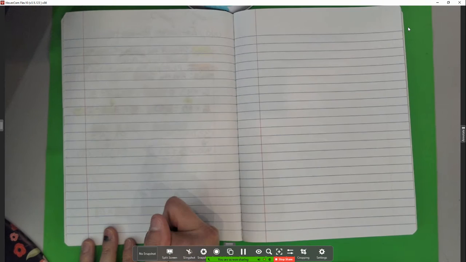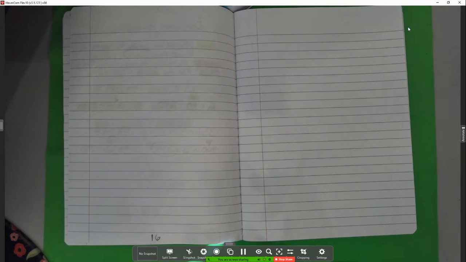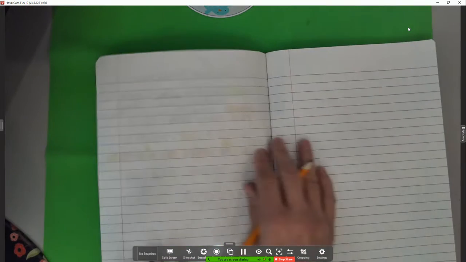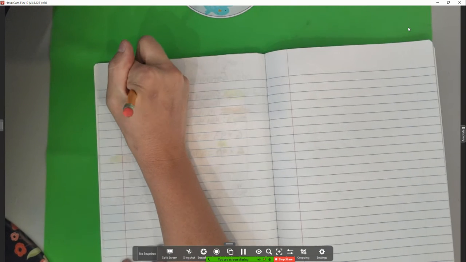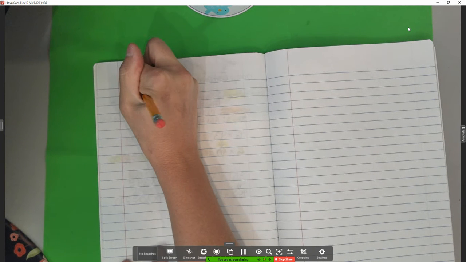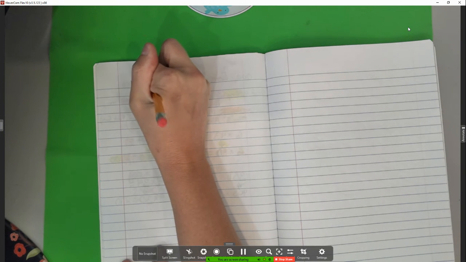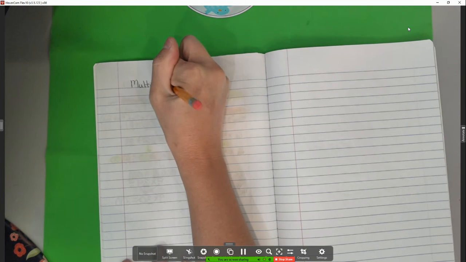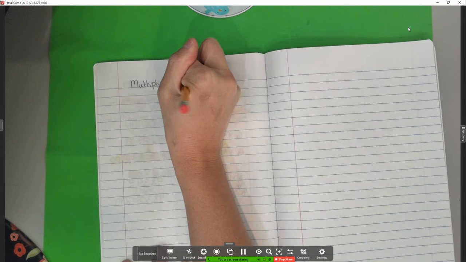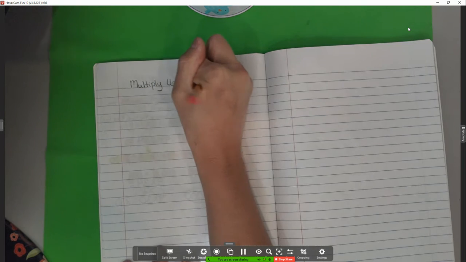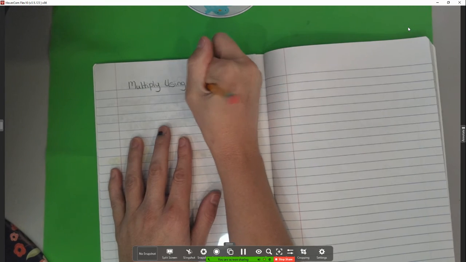Okay, so at the bottom, make sure you put 16 at the bottom. And today's method is multiply using an area model. So let's go ahead and put that as our title. Multiply using an area